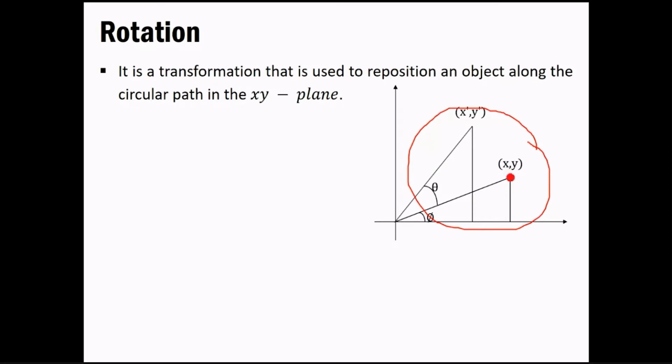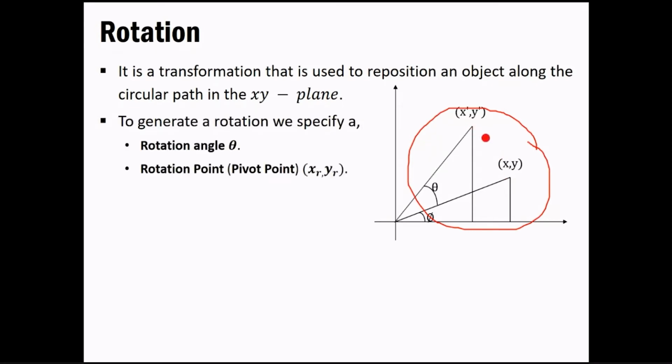Okay, so for that purpose, to generate an orientation, we specify a rotation angle with which you want to rotate it, and a pivot point, that is the initial point that would be given to you. So in our case we have xr, yr. Okay, it could be simple x, y also. So whatever is given to you, you just have to start with it. Okay, so two things we have: the rotation angle, that is theta, and one more thing that we have is the pivot point or the rotation point, that is xr, yr. Okay, keep this in mind.